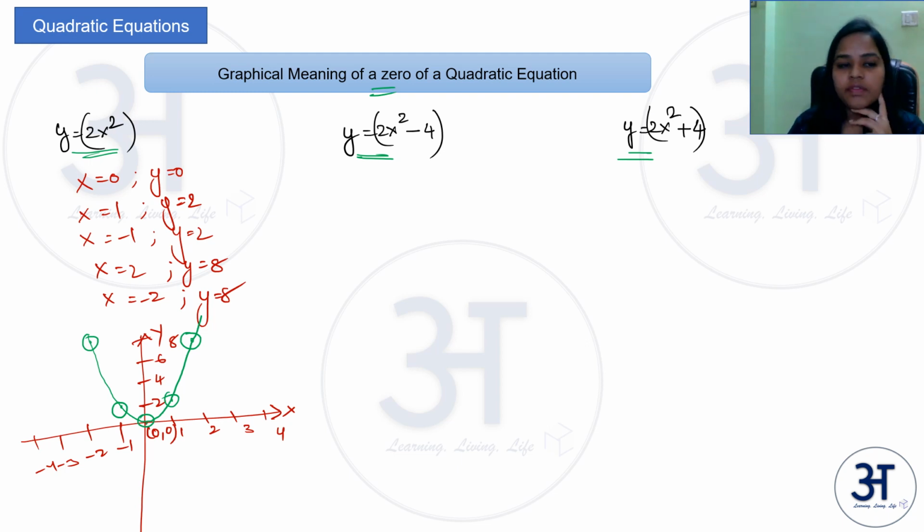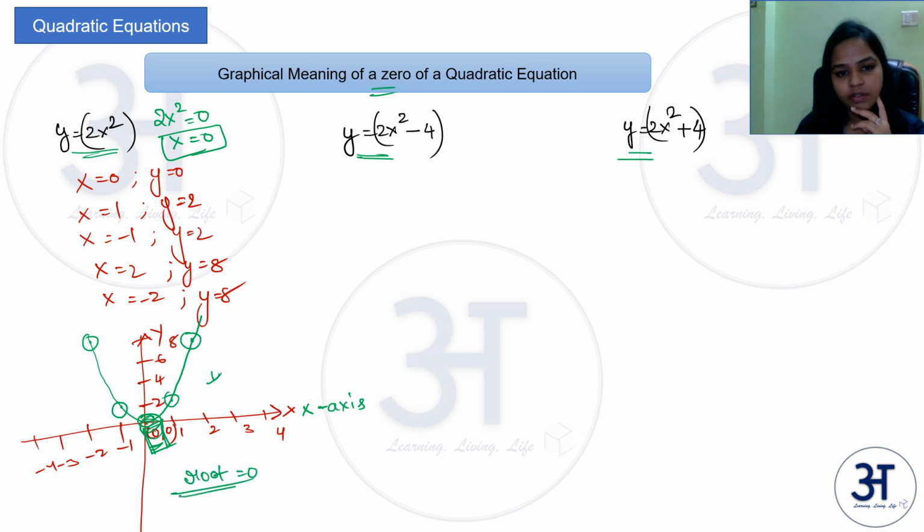So here, if you see this, this graph is beautiful. If you see 2x square equal to 0, what are the roots of x? X equal to 0, that is the root, right? So here, where is the parabola touching your x-axis? At 0, 0. So the x coordinate of this is the root. So the root here in this case is equal to 0. You either get it graphically or theoretically. Now let us look at this case.